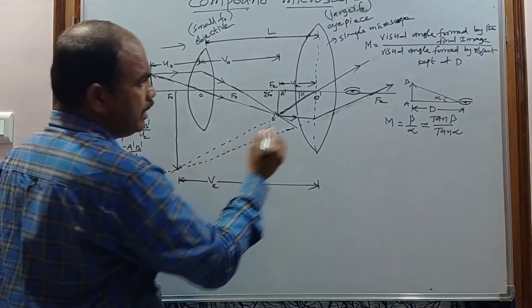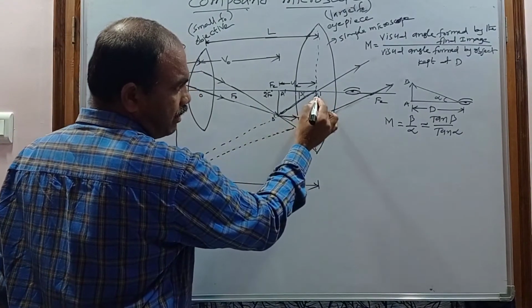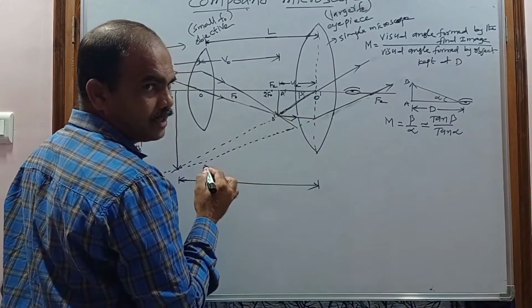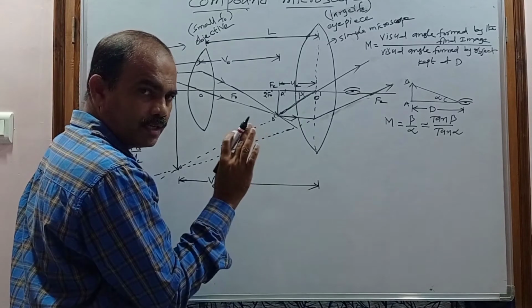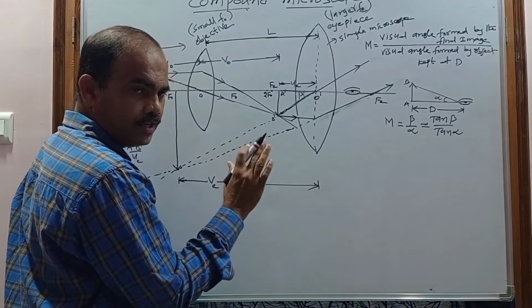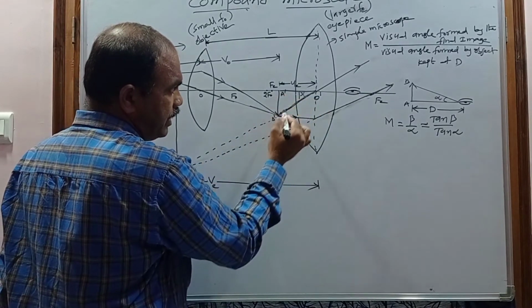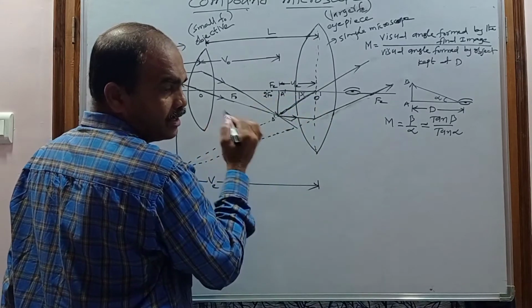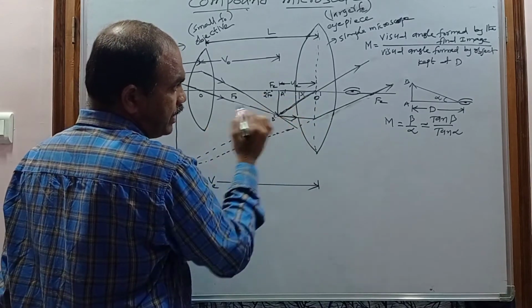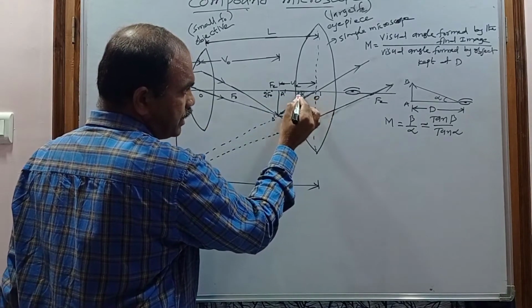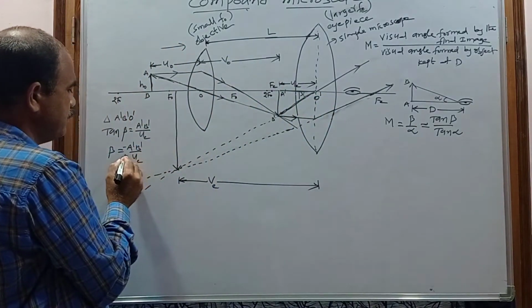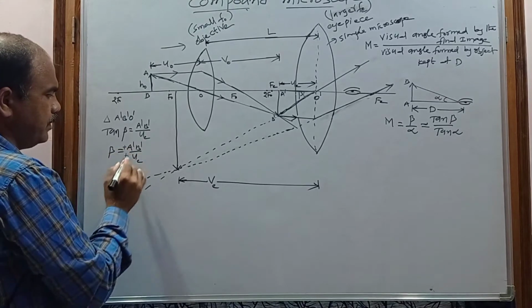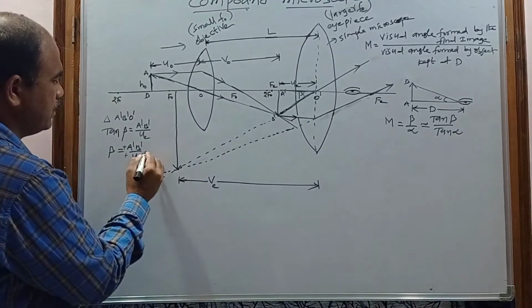And as well as U suffix E, because all the distances are measured from where? The optic center. A distance measured in the direction of incident light is positive, and a distance measured opposite to the direction of the incident ray is negative. To measure the distance from the optic center to A dash B dash, in which direction are you moving? Opposite to the incident ray. That's why it is negative. So this minus will be cancelled, and again you get the plus. So this is equation 1.